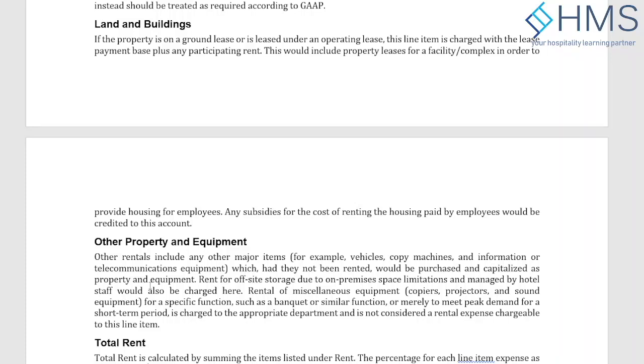But if the owner has not provided the capex and the operator has to borrow the equipment from outside, meaning they have to pay rental, then the cost of those rentals should not be part of the operating expenses of the hotel, because that will reduce their incentive fee and also reduce their base management fee. Right? You get the concept? Yes, sir.